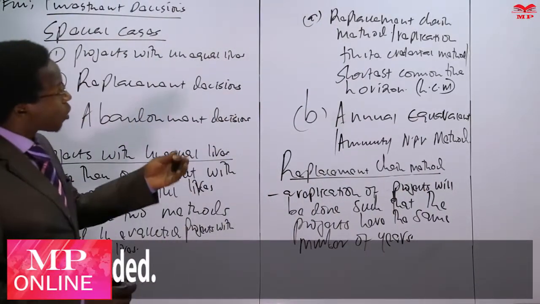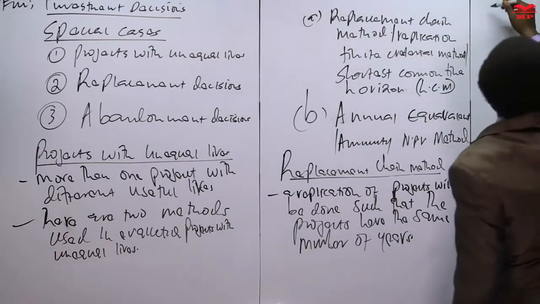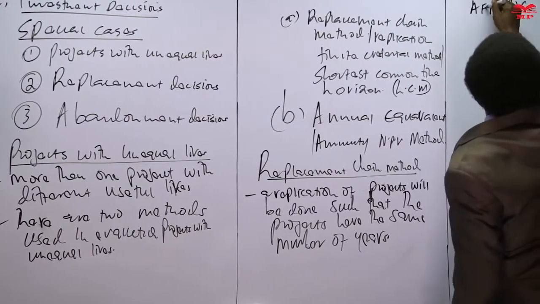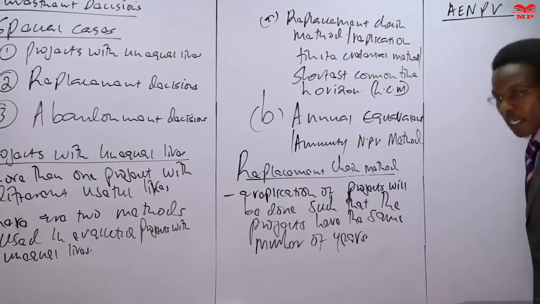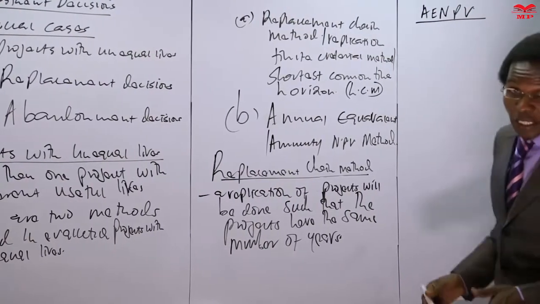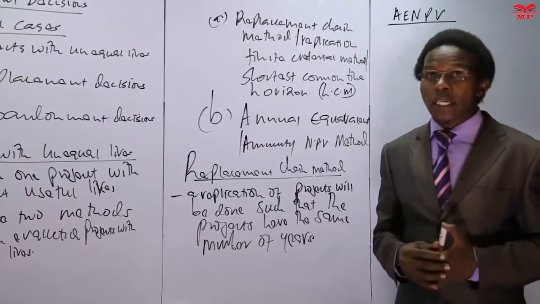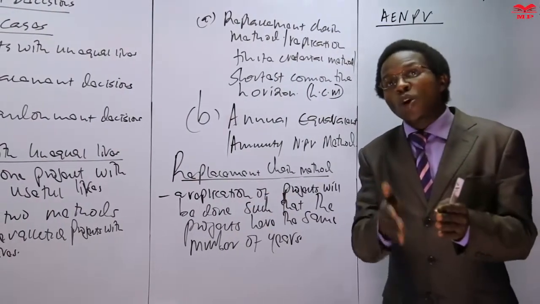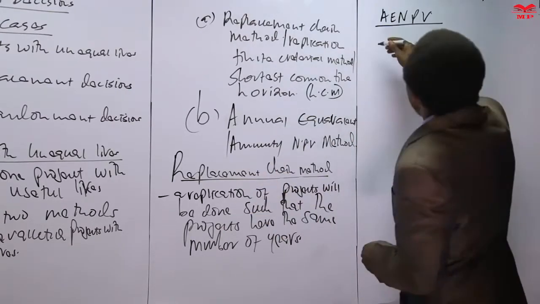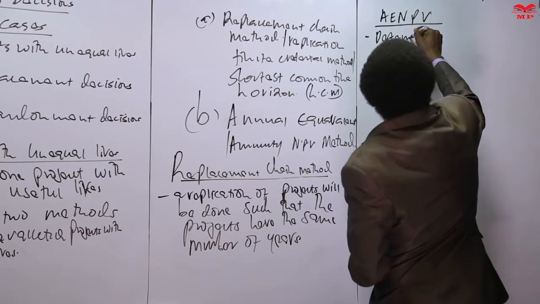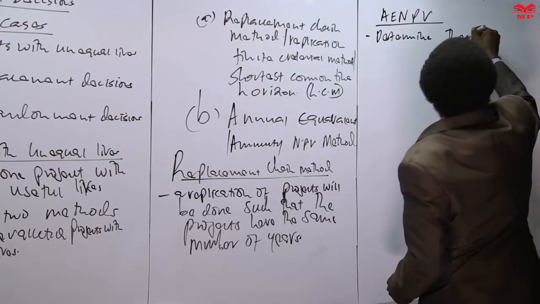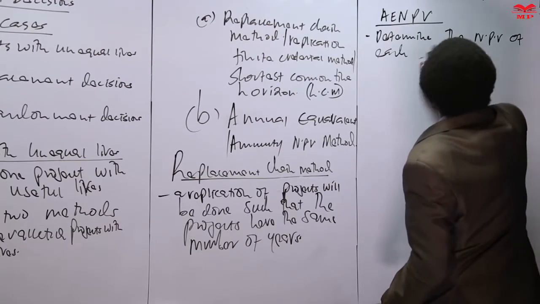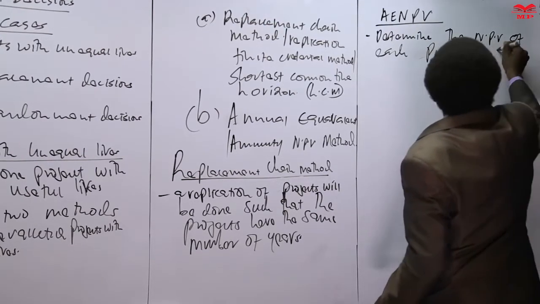Then now we also talk about the annual equivalent annuity NPV, the ANPV, the annual equivalent NPV criteria. In the annual equivalent NPV criteria, we just compute the NPV for each project and we break it into several annuities. The NPV that we have calculated, we break it into several annuities. That is, we determine the NPV of each project, and thereafter